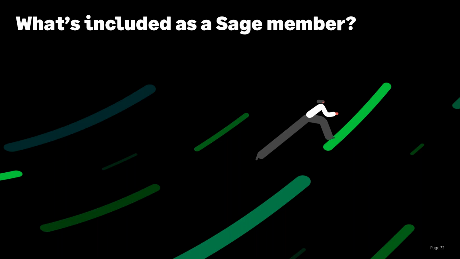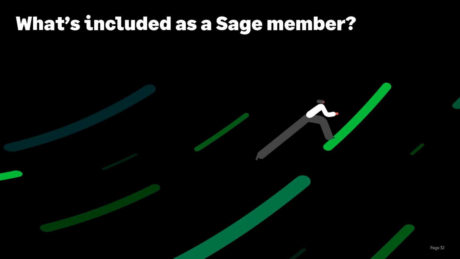Anyway, coming back to the slides, there's loads of information about Sage membership included in the handout if you've gone down that route. If you haven't downloaded your handout yet, just click the link on the toolbar down the right hand side and you'll be able to do that. If you don't get a chance, just watch out for your follow-up email, and again it will be available via